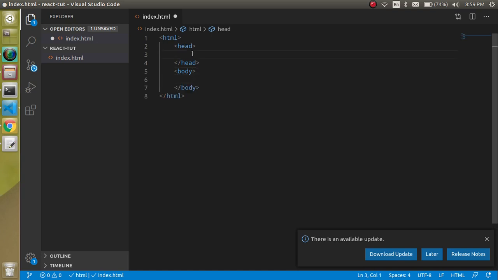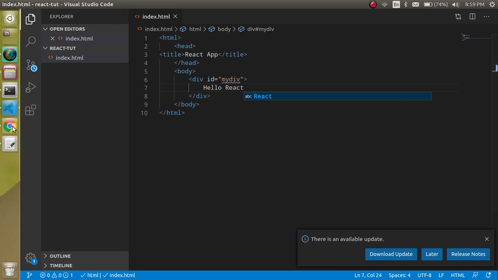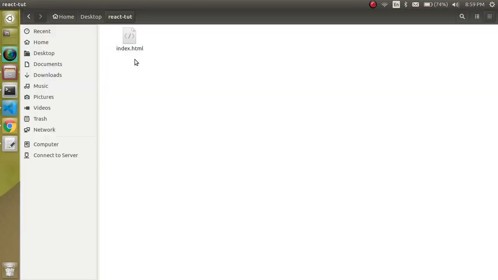Put here a title, let's say React app or something, and in the body put a div, and let's provide an ID to this div, let's say my div or something. And just write here hello React. All right, so simple. Now just go to this folder and run this file in the browser. You can find this is working fine.